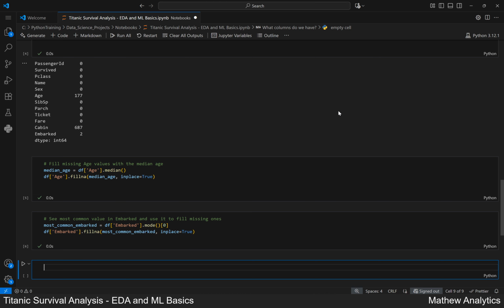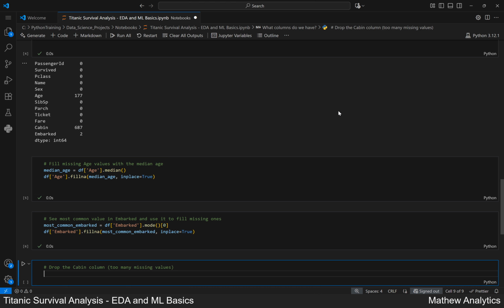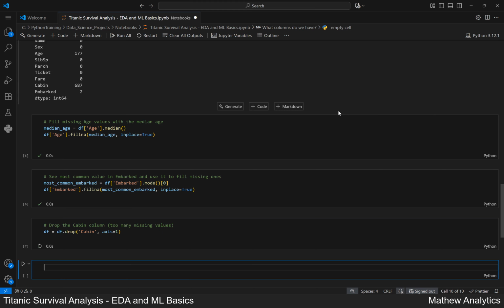Some columns have too many missing values. We might have to drop them. We drop the cabin column because it has many missing values. This line removes the cabin column from the data frame. Running the cell now. This code removes the cabin column from the Titanic dataset because it contains too many missing